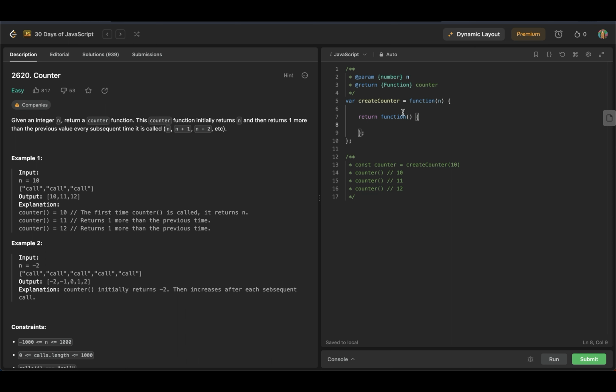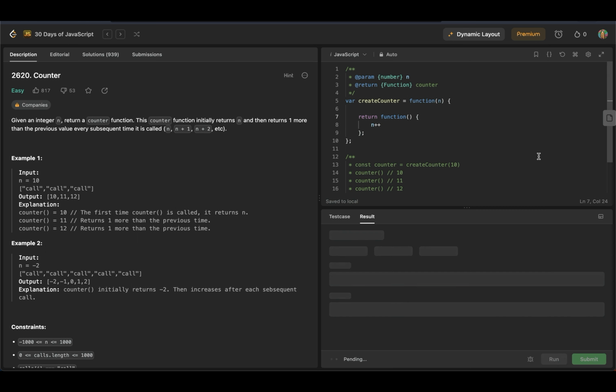The first thing that we can do is take a look at this. This is a variable that is getting assigned a function that returns a function. What we're able to do here is we can do n++, and we can do this because since it's a closure function, we do have access to the n up here. If we try to return this and we try to run,